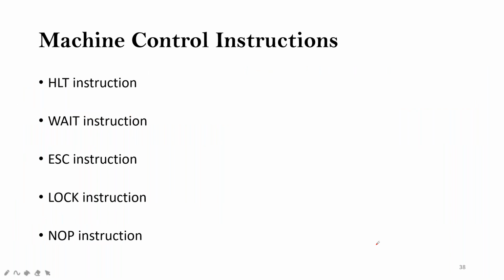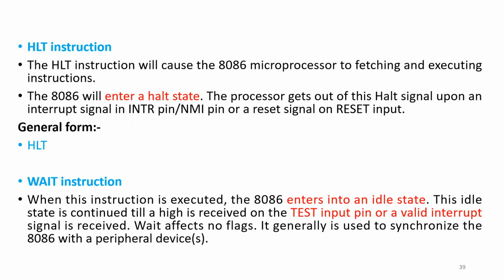Next, machine control instruction, we have halt, wait, escape, lock, and NOP. Okay, so machine is nothing but your processor. So I can halt the program, make my processor wait or escape, or no operation can be done by your processor. Anything can be done with the help of machine control instruction. And next we have